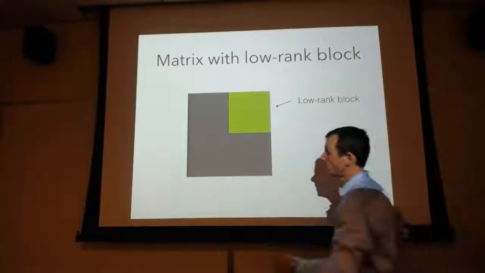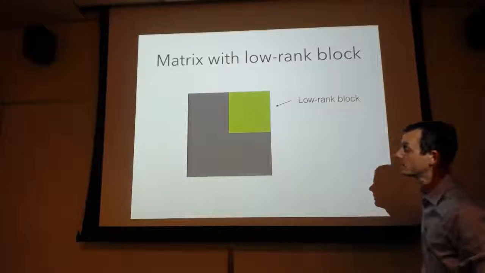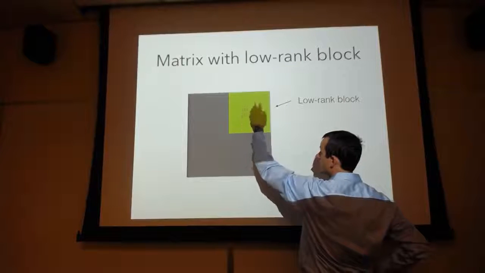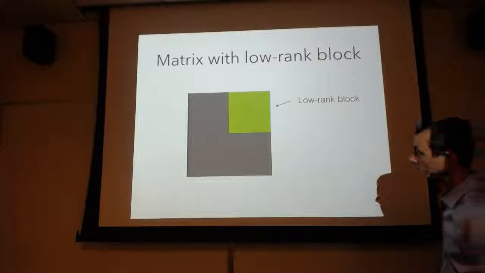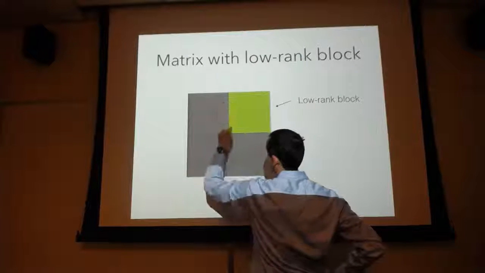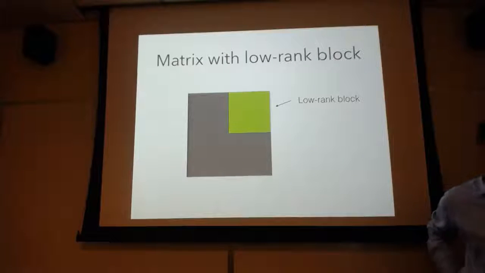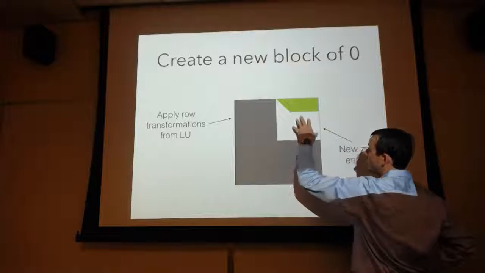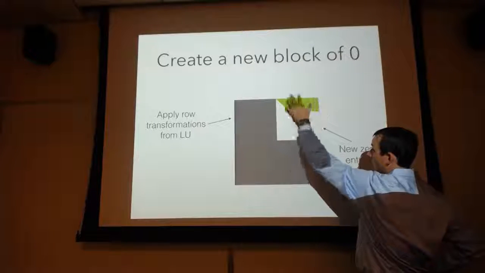We're applying a triangular matrix on the left, which operates on the rows of the matrix. So you look at these row transformations, and essentially you perform R steps of the LU factorization. Basically you're operating on the rows of this block, but you might as well operate on the rows of this entire matrix. So if you apply the row transformation on the left, you get a whole bunch of stuff, but since you do R steps of LU for this block here,